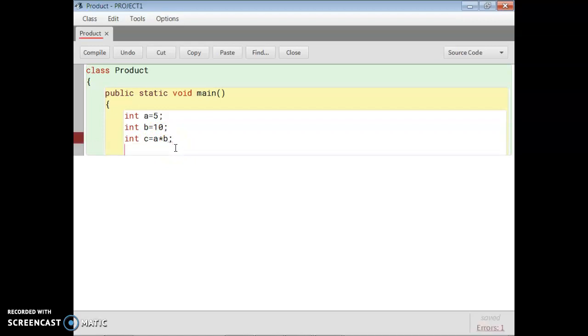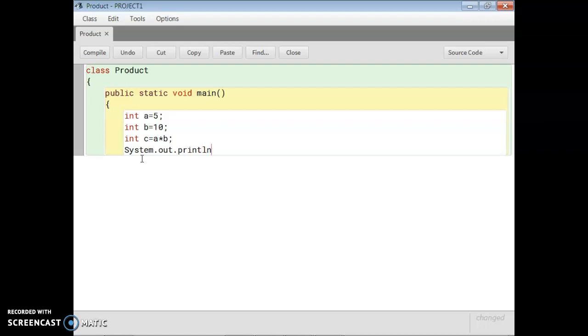So let's check whether it's showing the correct result or not. For that we have to print the result. System, S is in capital letter only. Some of you write P also in capital; P is in small letter. Only S of System is in capital letter. Here is a dot, no comma, dot. Then out, dot, println.